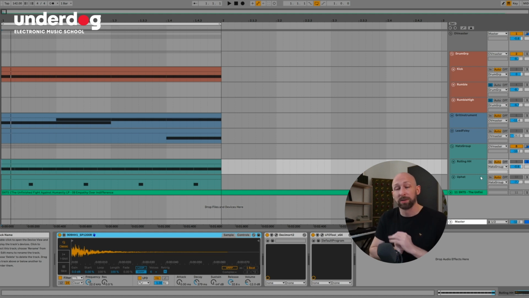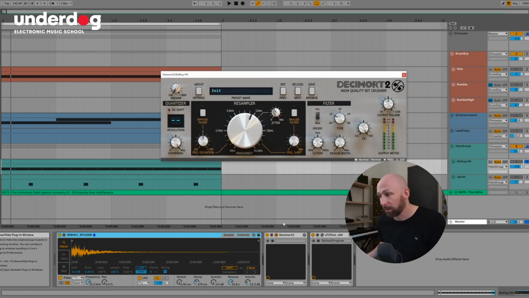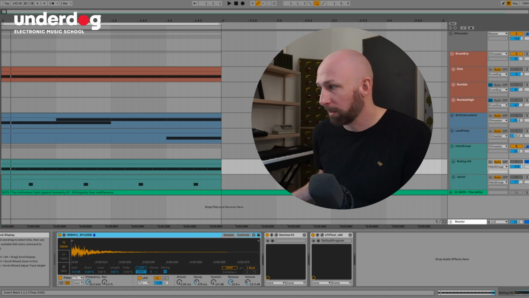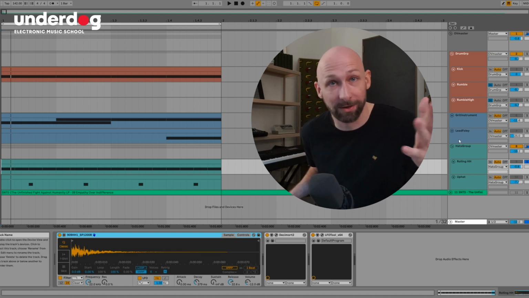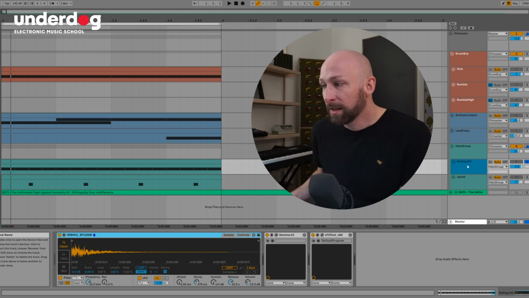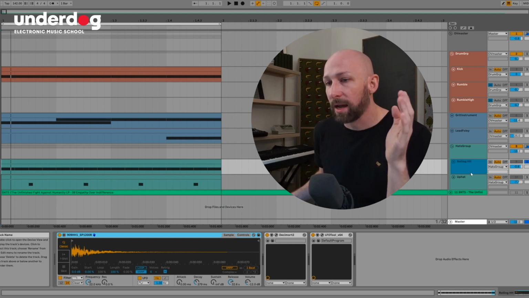Whenever I want something to sound less hi-fi, all I do is go into Decimort, bring down the frequency on the sampler, maybe turn on the filter if I want it to sound a bit darker, turn on this filter if I want it to sound even darker, and turn up the jitter if I want it to sound more noisy, or turn up the preamplifier if I want to make it sound even more distressed. Then you've got to bring down the output volume as well. In general, this thing is just a beautiful palette of distortion. It's one of my favorite plugins recently. I shouldn't even tell you about it because I want it to be my secret, but too late, I just did, so you're welcome. And then you've got this rolling 16th hi-hat, and then you complement it with